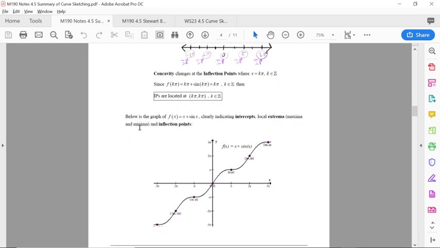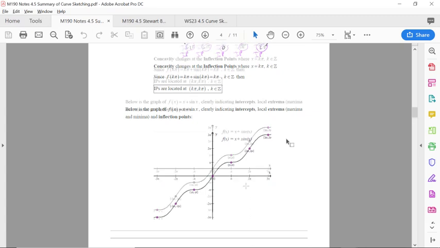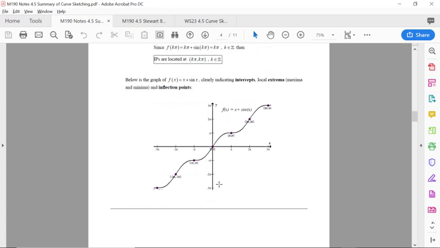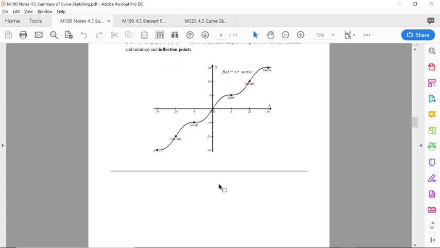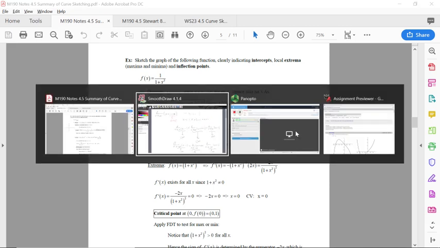Okay. And below is a graph which includes the intercepts, the local extrema, which there were none, and the inflection points. All right, so that's a pretty comprehensive graph there. Okay. Now, before we move on to this next function here, I want to go back to